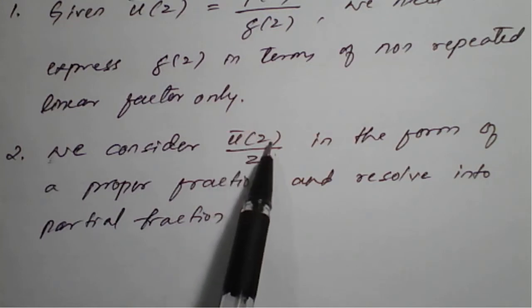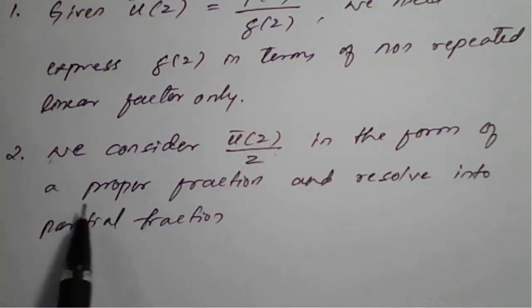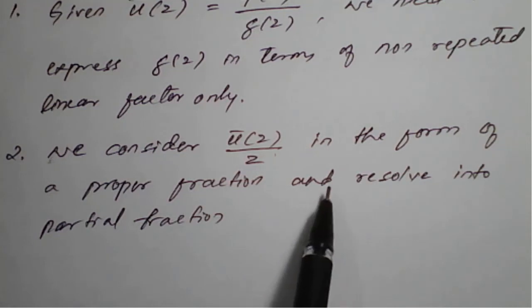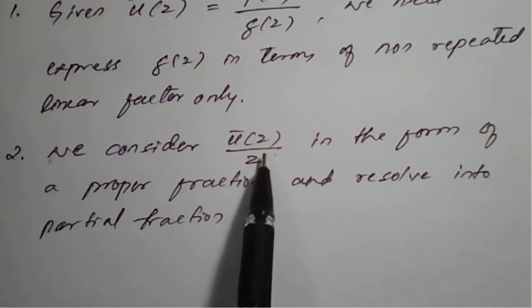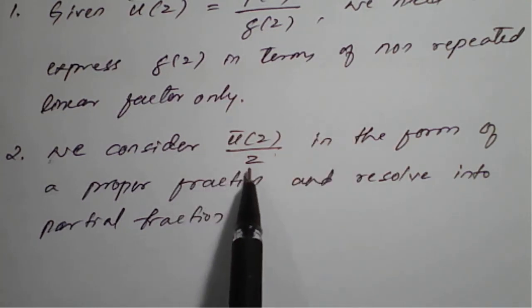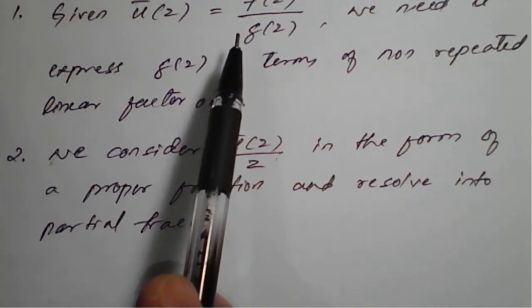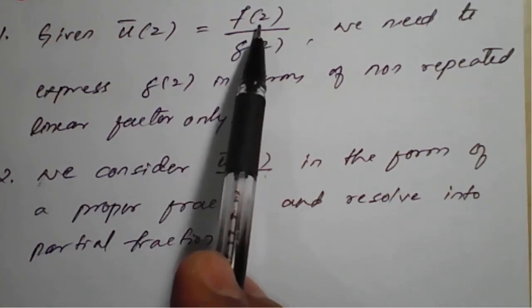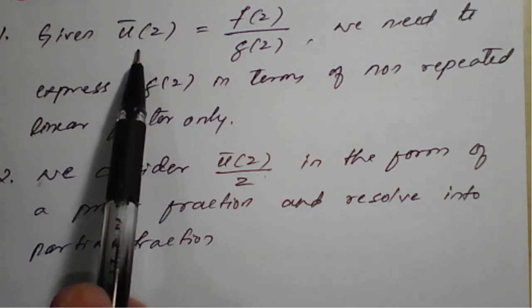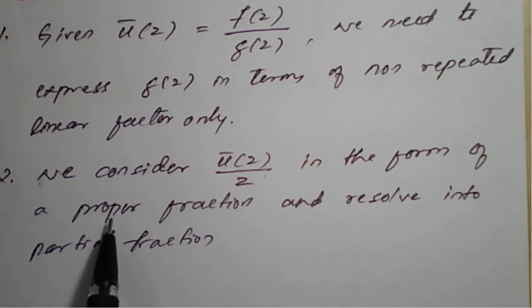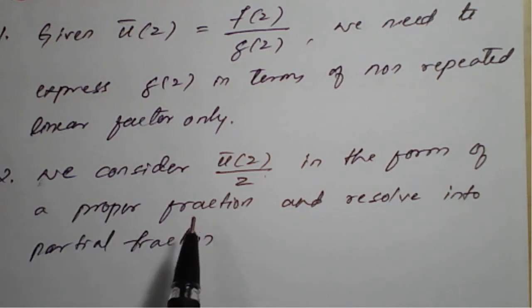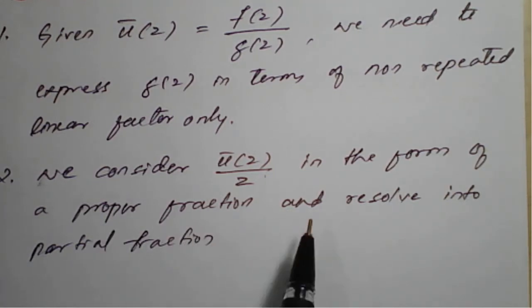we consider U dash of z upon z in the form of a proper fraction and resolve into partial fractions. Means from the given function we need to take a common z, and that should be cross multiplied. From this f of z we have to take z and cross multiply to the U dash of z, so it will become the denominator, so that the right hand side function goes to the left, which is in the form of a fraction, and that fraction will be resolved using partial fractions. So step number 3,